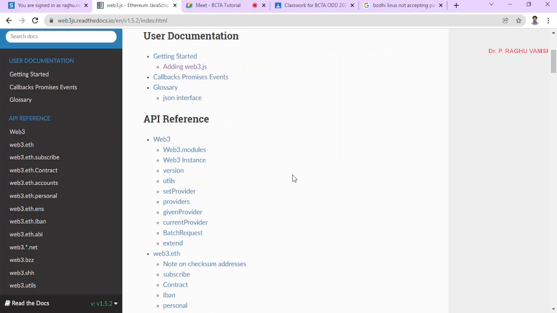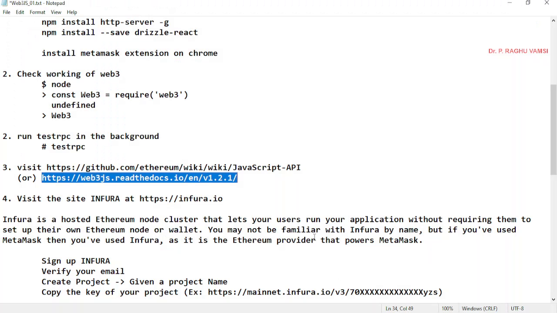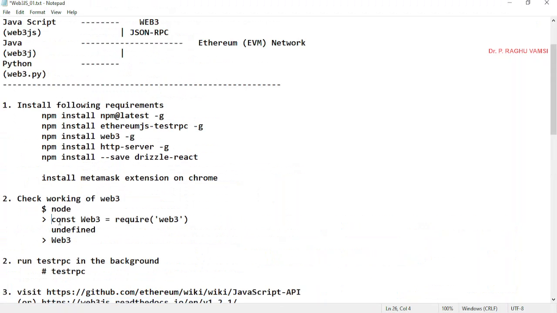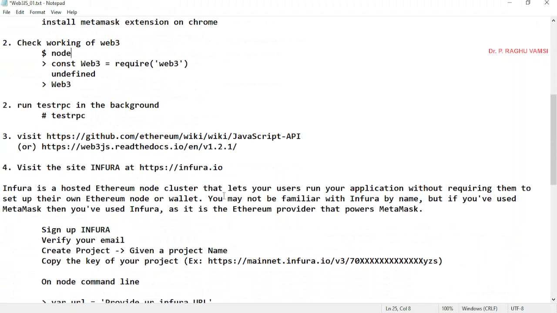Here are the API references. Capital Web3 is what we have obtained via this step, const Web3 = require. The test RPC will check whether the RPC is working fine or not. Then you can move on to this Web3.js documentation.